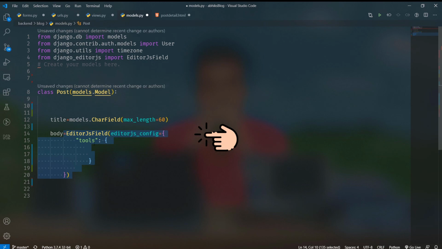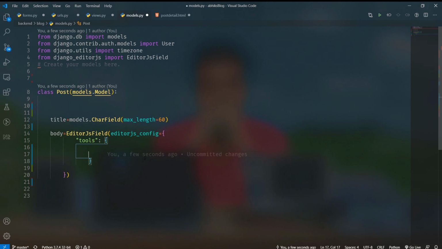The body EditorJsField has editorjs_config as well as a tools object inside that, and inside this tools object we will configure the images and attaches, that is the files. Okay, so let's do that. Now for images